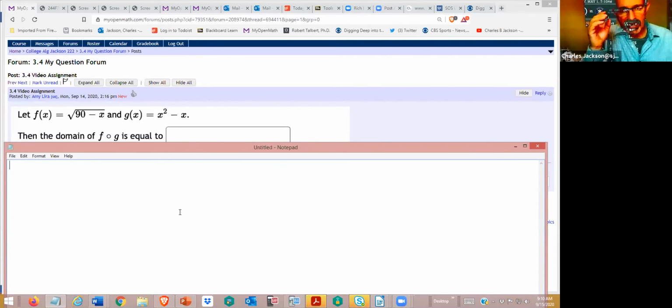The domain of a composition, that's definitely the advanced objective of this section. I think finding the composition, that's not that bad, but finding the domain of the composition, that's quite advanced. Okay, so